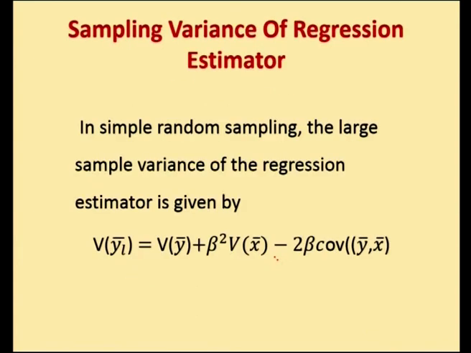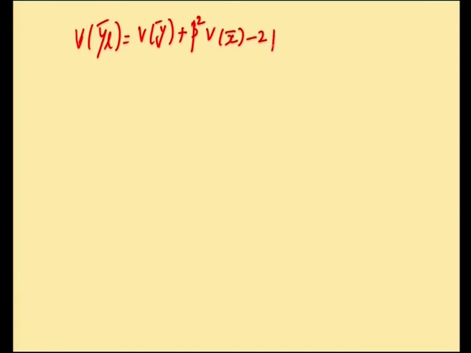Now, let us derive the variance of the regression estimator. In simple random sampling, the large sample variance of the regression estimator is given by variance of YL bar is equal to variance of y bar plus beta squared variance of x bar minus twice beta covariance of y bar and x bar. Now, we will derive the expression for the variance of the regression estimator. So, variance of YL bar is equal to variance of y bar plus beta square variance of x bar minus twice beta covariance of y bar comma x bar,